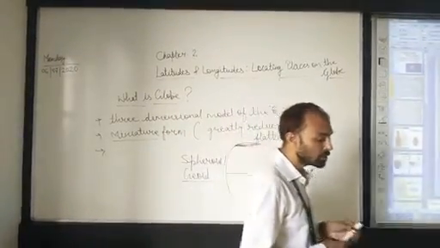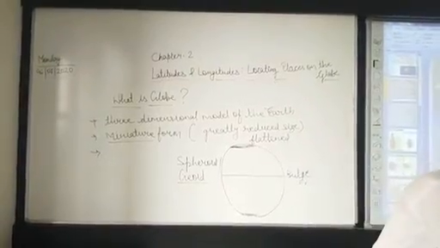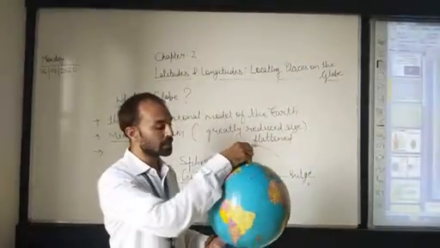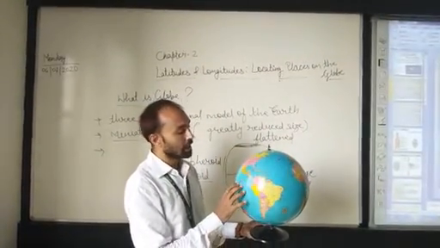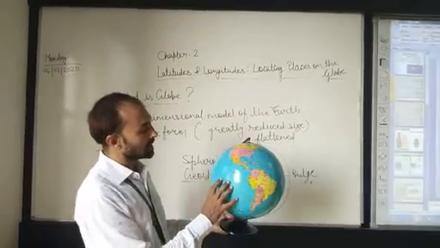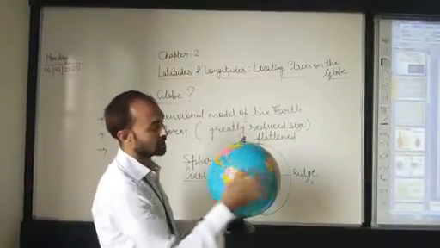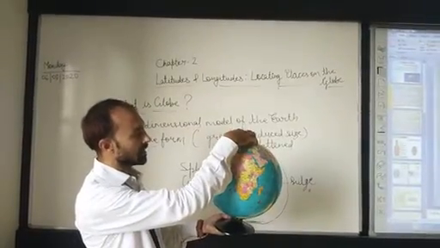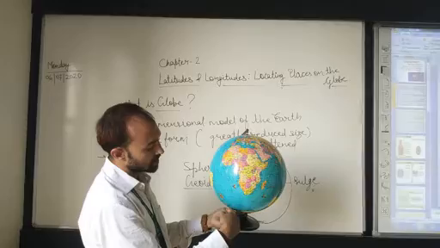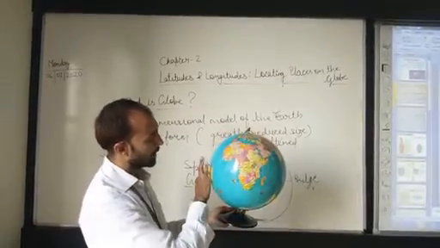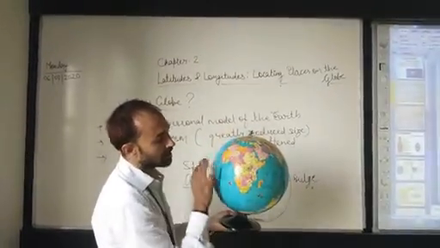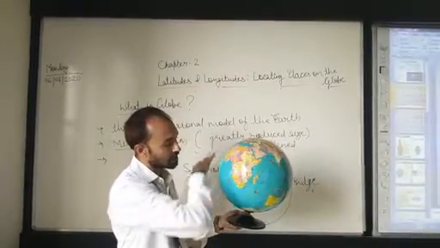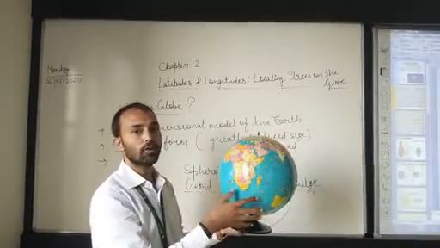So students, let me show you the actual model of the globe. Though you have seen it earlier, just for understanding this chapter in a better way, let me show you the globe. Now you can see that this is a globe. As I have already discussed, this part is flattened at the poles and bulges in the middle, spread out in the middle. This shape is called spheroid or geoid.